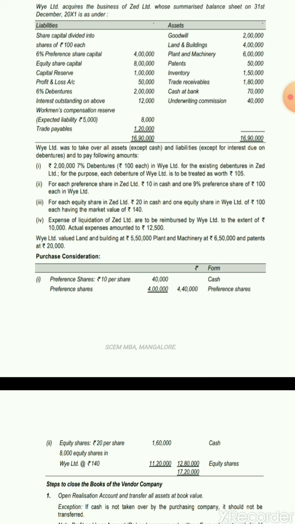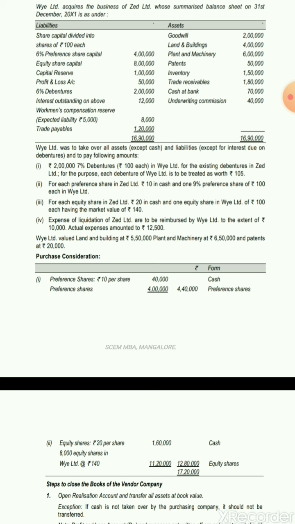But the question arises, if we should include this particular transaction in calculating the purchase consideration. It has been told to you, so many methods, net payment method. I would tell you why this is net payment method at a later stage, but as of now you just remember it here.